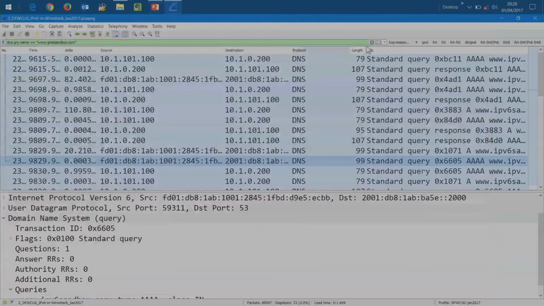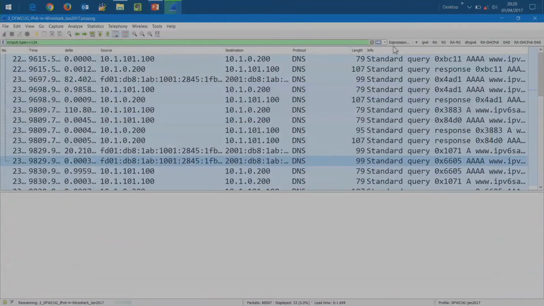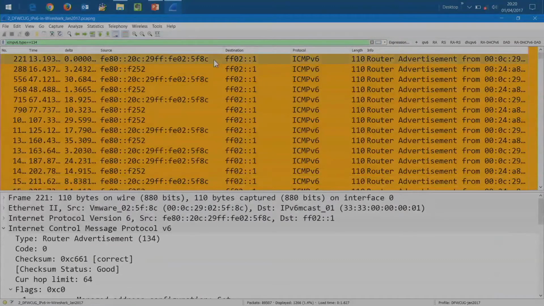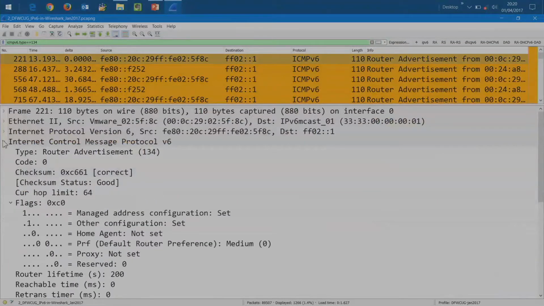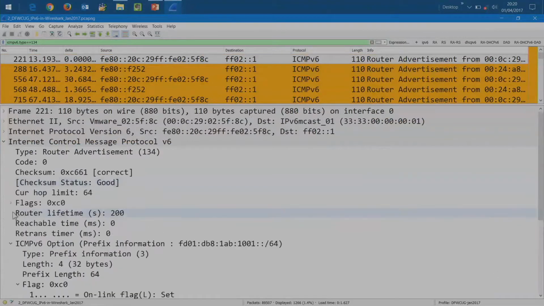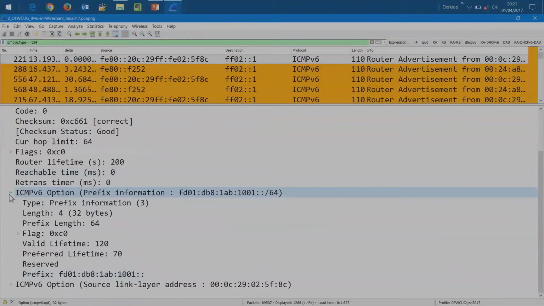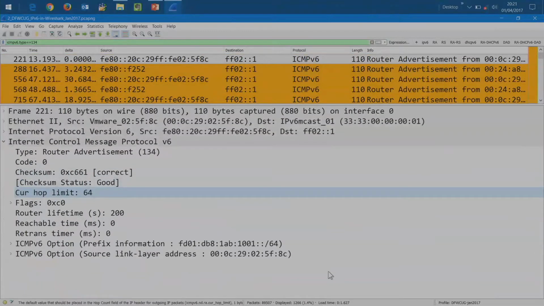So, now that I've got these display filters built, I'm going to go up to the top of this trace, and I'm going to select that first packet, 221. And what I need to do is bury all this stuff, because looking at the packet, I'm going to go into the ICMPv6 bit, and I can see it's an ICMP type 134, router advertisement, nice and easy.